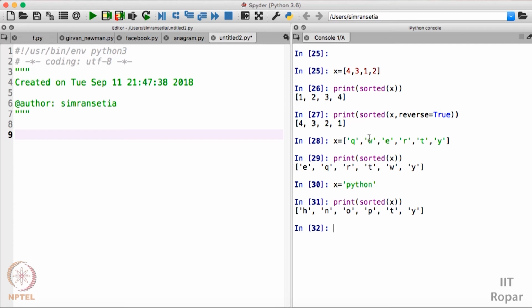First of all is H, then N, then O, P, T and Y. So now you see you can use an integer list, a character list, and a string in the sorted function to sort the values present in the particular list or string.